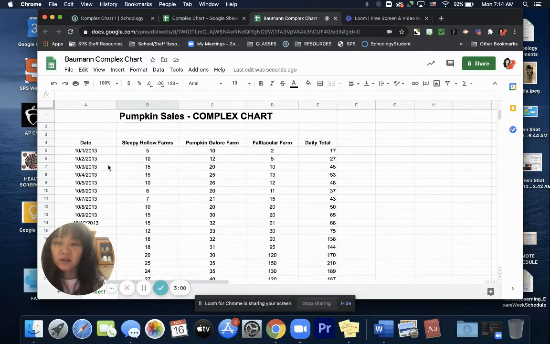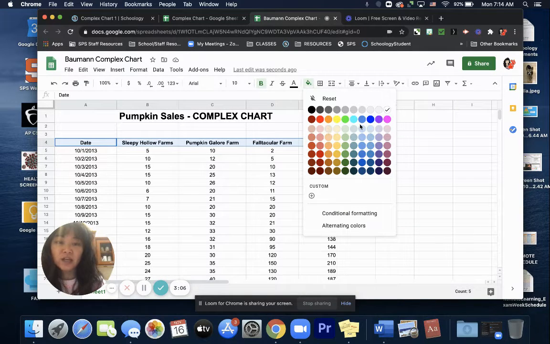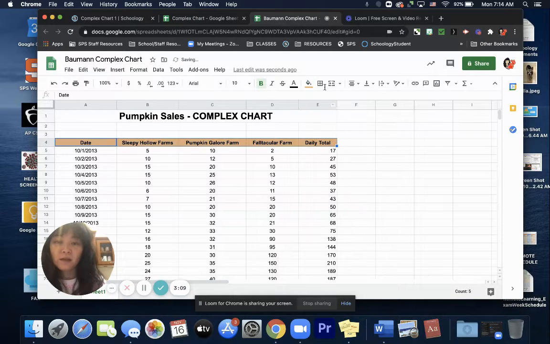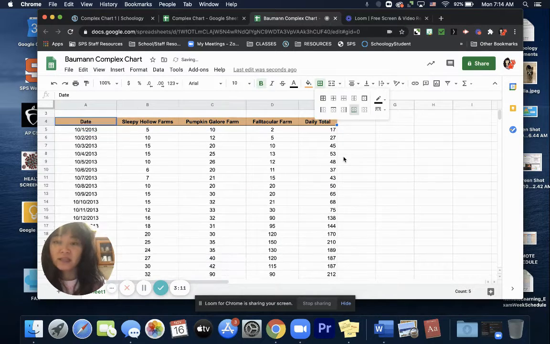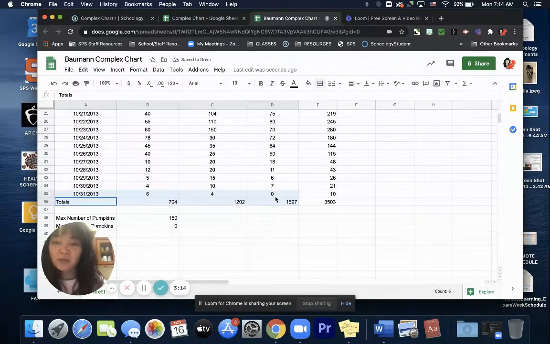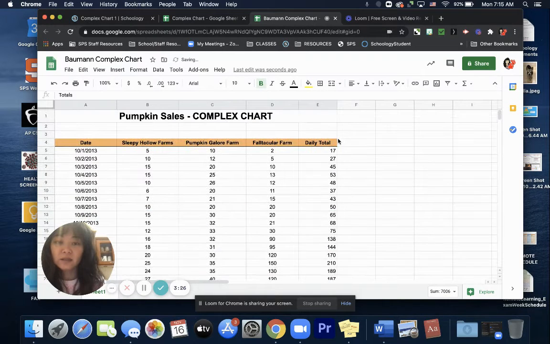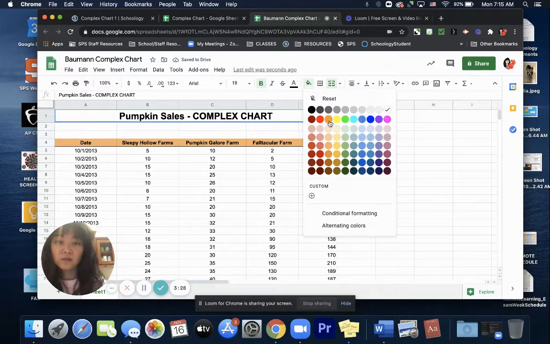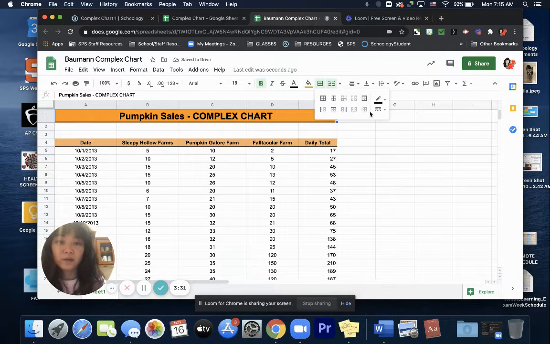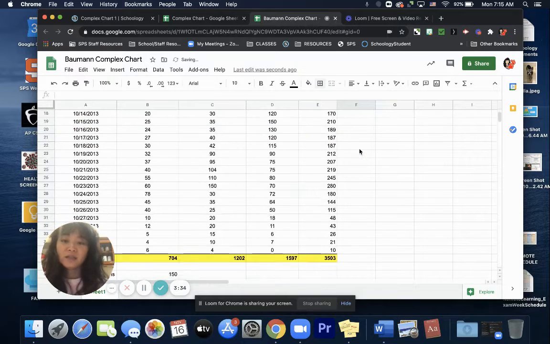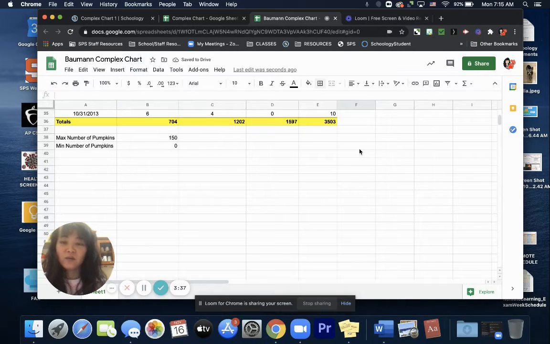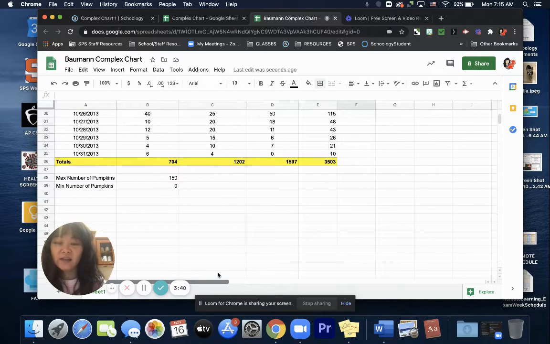It doesn't have to be super formatted, but definitely maybe jazz it up just a little. And then maybe I just put a border at the bottom. Like I said, it doesn't have to be crazy. I just want my totals and maybe my headers to be bold. And I'm going to make that yellow so it's easy to read. And then maybe make this orange as well with a border. There. So it's fine. It looks nice and neat. We're all set. So I did the formatting. That was step